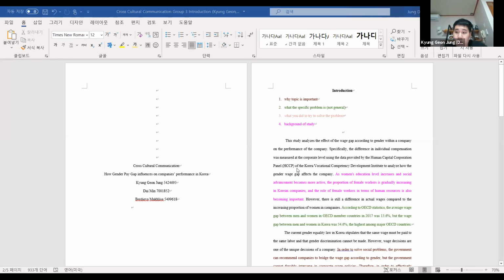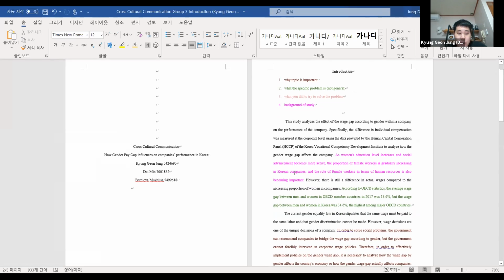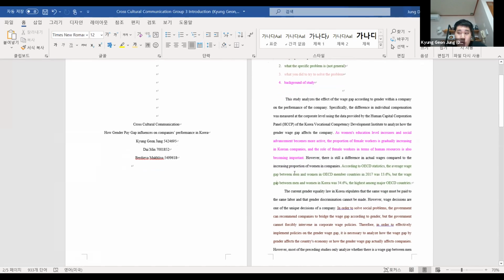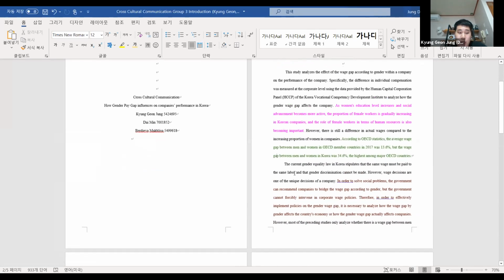So this is our paper for introduction, just for introduction, and we are writing about how the gender pay gap influences companies' performance in Korea. The reason why we chose the topic is that the gender wage gap is a serious issue being discussed in many countries. And after our group's meeting or discussion, we found out that Korea, where we live now, is the first ranked, where it has the highest gender wage gap according to